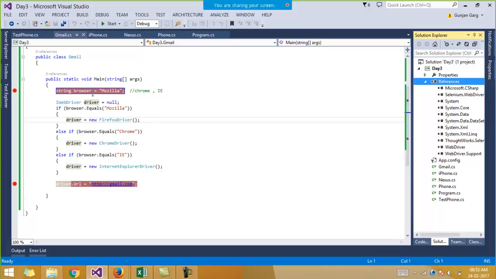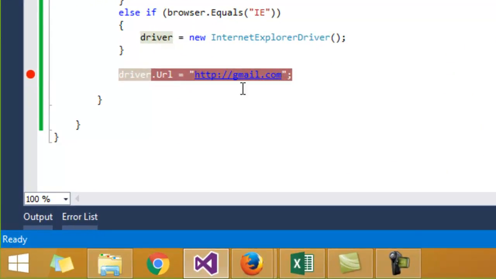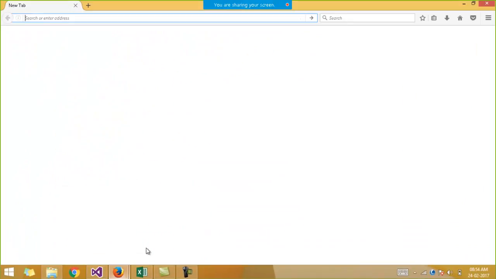So just keep in mind, please do with only Firefox 40 and Selenium 2.53. If you are using any other version of Firefox, I think the error is because of the Firefox version, because yesterday I installed the latest version of Firefox on my system.